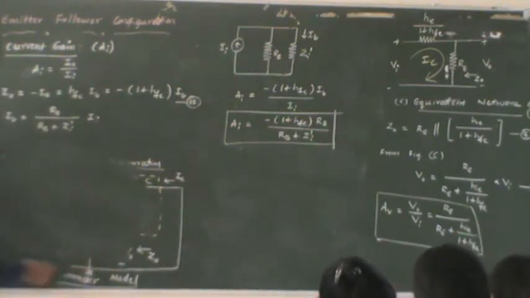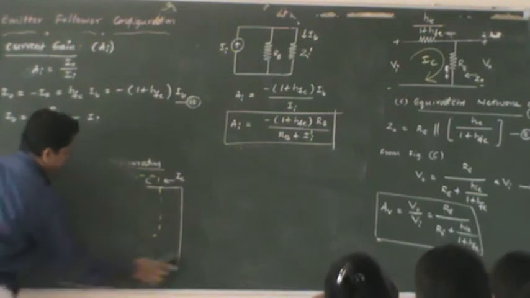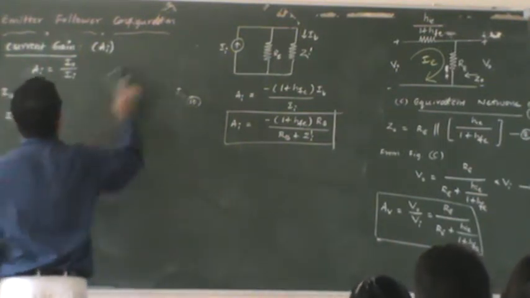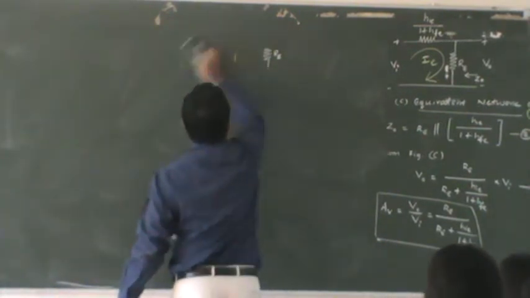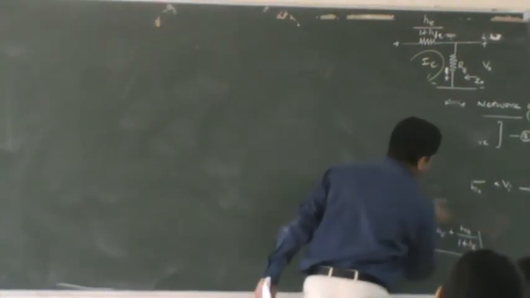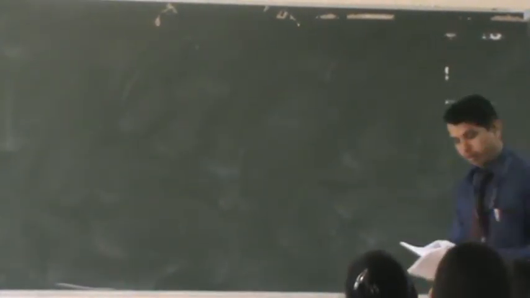So next we have the common base configuration. We get lots of equations in this unit. The only way is to practice them well. Keep writing, deriving more and more equations. There are still a few more; 20 to 30 equations will come across in this unit. Okay. Unit number 4. Next is the common base configuration.